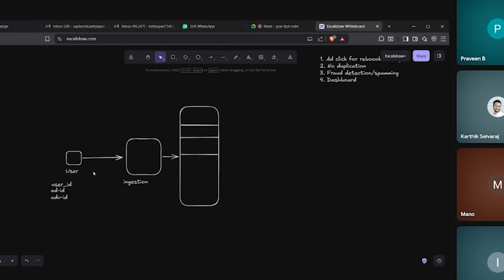So let's say this is the ad ID, some ad ID, let's say ad ID 1. And what will happen is, once this lands over here, we'll have some consumers on this side.